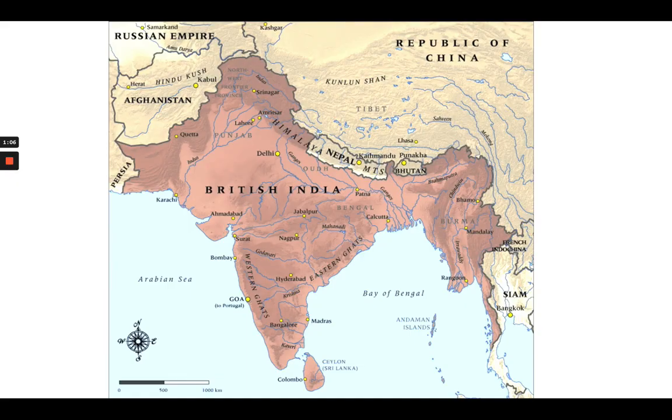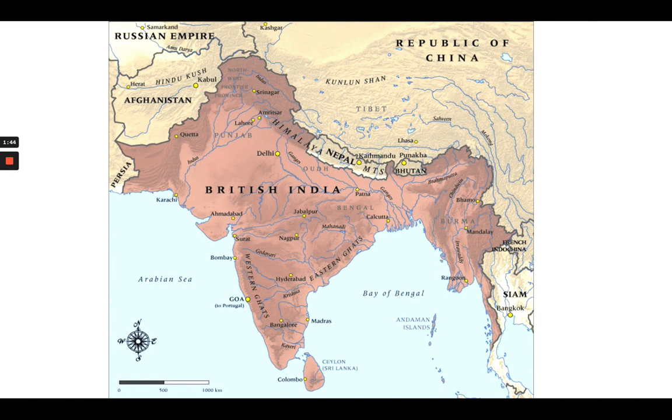Okay. So it's important, I think, to start with geography. The Indian subcontinent is enormous. It is separated from the rest of Asia by the Himalayas in the northeastern part of the region and the Hindu Kush further north. It is a region that has a variety of climates, jungles, deserts, mountains, plains, and it has always supported a